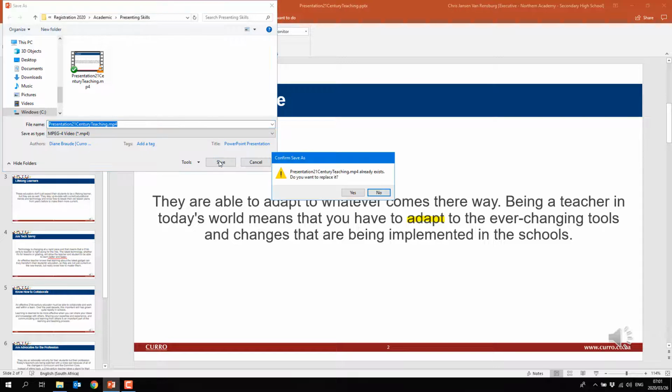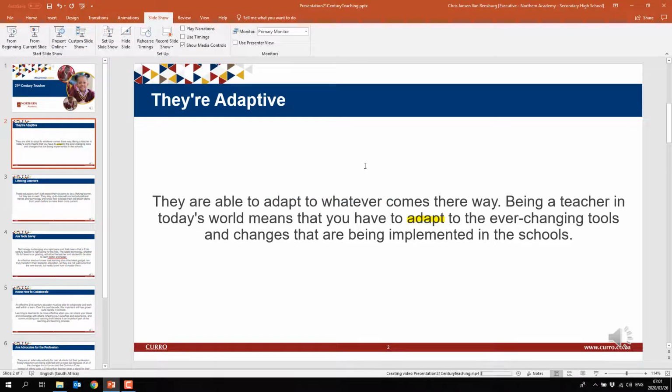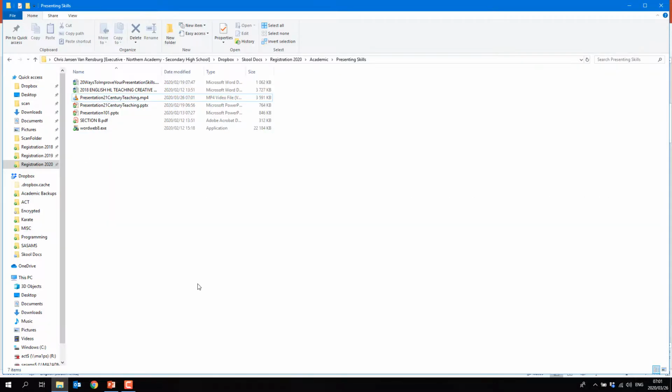where do you want to save it, and then on the bottom here of the screen you will see it's busy creating the video for you. It will take a couple of moments. Once that disappears, it means you are done. You can go into your file and you see I've got a 4 megabytes file when I open it up,